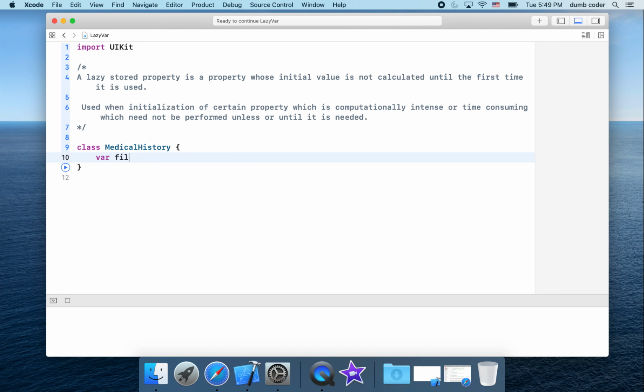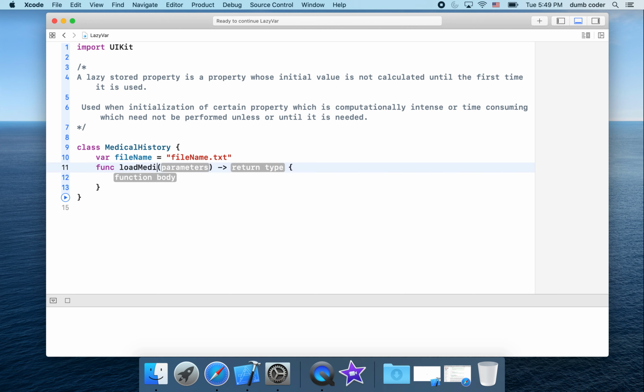Let's say there is a file name, file name.txt, and there is another method within this class called loadMedicalHistory, and it does not have any parameter or return, and I do not have any definition at all. However, we need to use that file name in order to load the medical history, so I'd just like to comment it out: use the file name